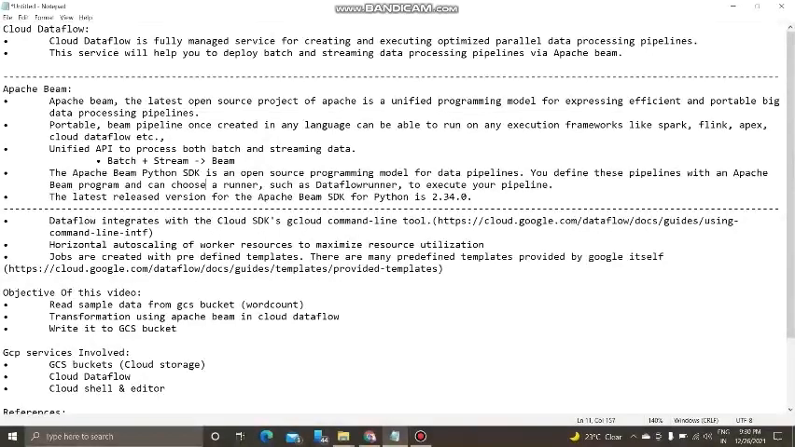So what are the other features of Dataflow? It integrates well with other GCP services like Airflow and the gcloud command line tool. It also horizontally autoscales worker resources for maximum resource utilization. So depending on the data, it autoscales itself and maximizes the utilization of the resources provided to it. And the main important feature of Dataflow is that jobs are created using predefined templates. There are many templates designed by Google itself for both